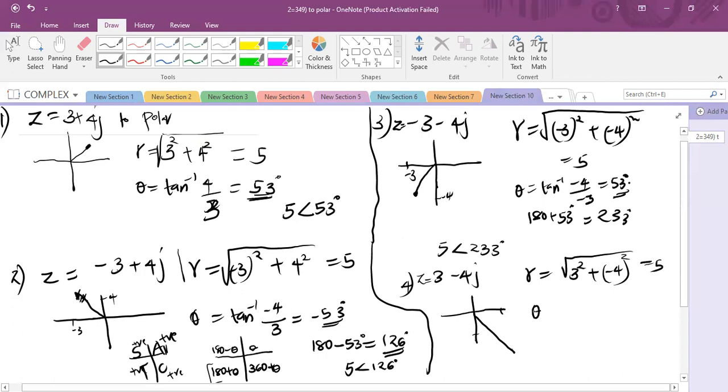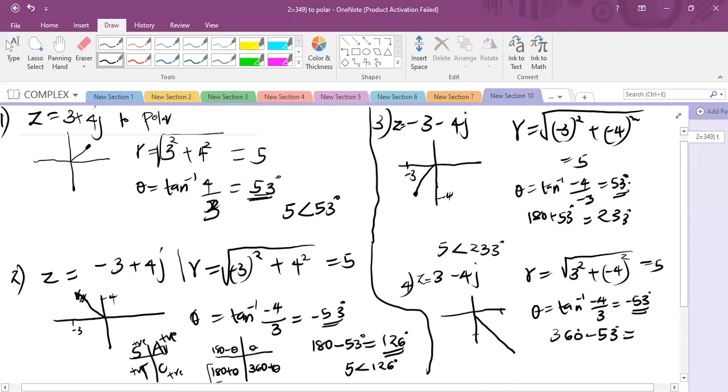How do you get theta? Theta is tan inverse of y over x, which is -4 divided by 3. And this gives us -53 degrees. But it is in the fourth quadrant. So how do you get the angle in the fourth quadrant? 360 degrees minus 53, and that will give us about